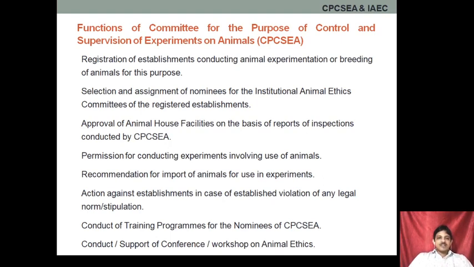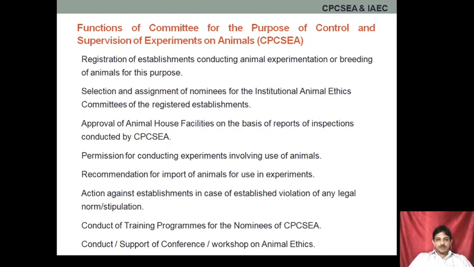Then they give the permission for conducting experiments involving the use of animals. Now the CPCSEA, through the IAEC, gives the permission for conducting the experiment. Whenever we talk about experiments, we generally divide animals into two categories. One is small animals, including rat, mice, rabbit, guinea pig, etc., as well as large animals, for example dog,